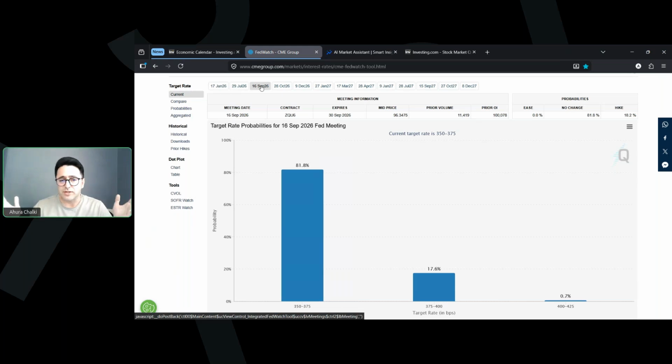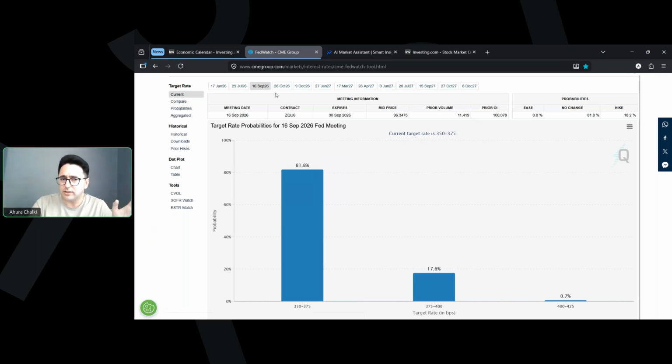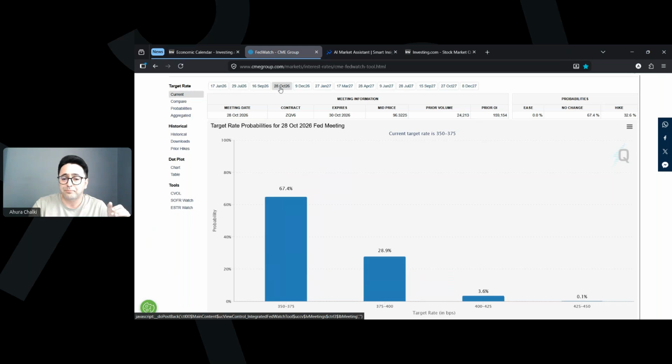I mean, there is no chance for the rate cut. Holding the current rate is more than 80%, and a rate hike by 25 basis points. Now that's surprising. For September, a 25 basis point rate hike has more than a 17% chance, while there is still a chance for a 50 basis point rate hike. That's the joke. If you compare it with 2 months ago, that can tell you what the hell is going on in the market.